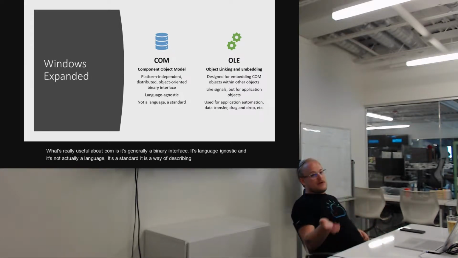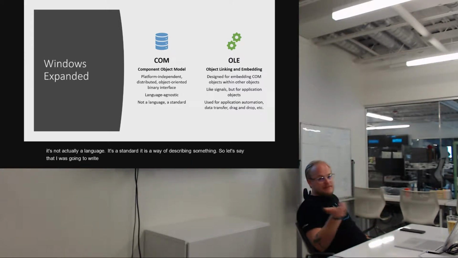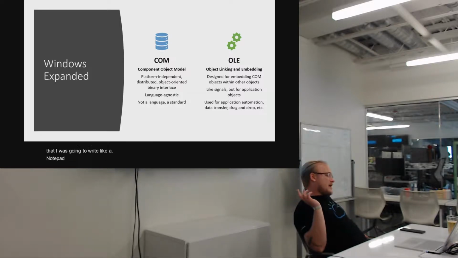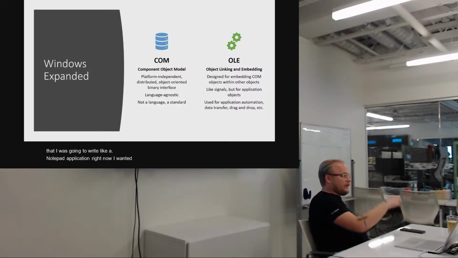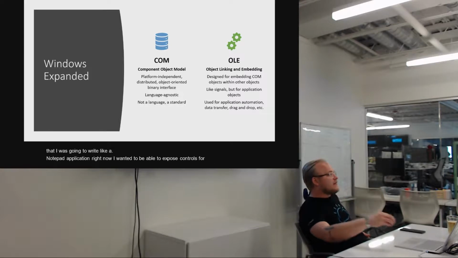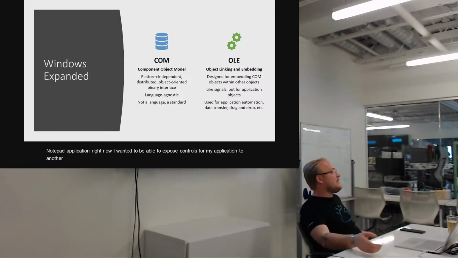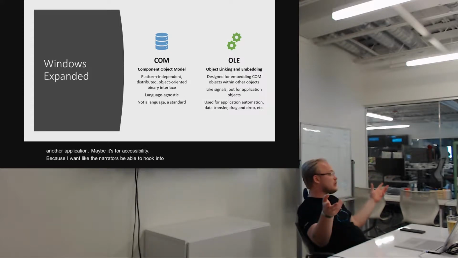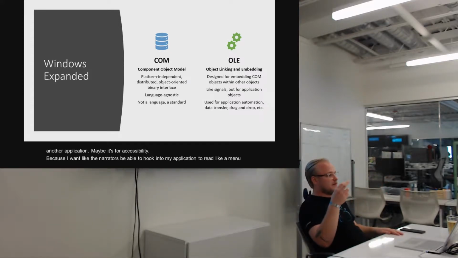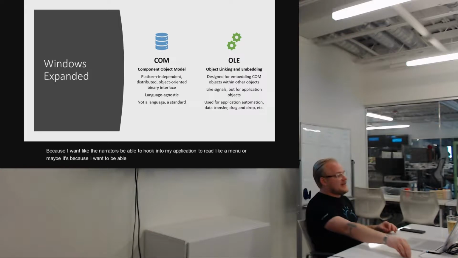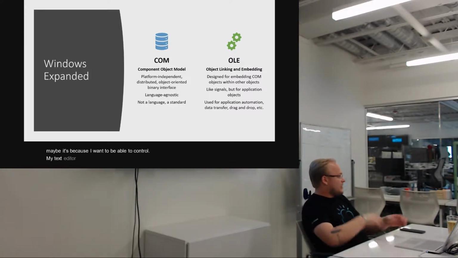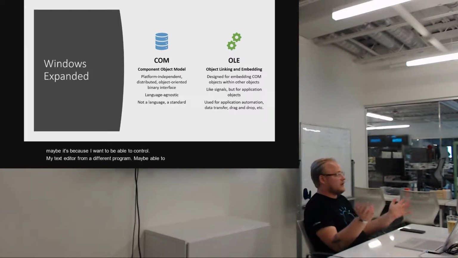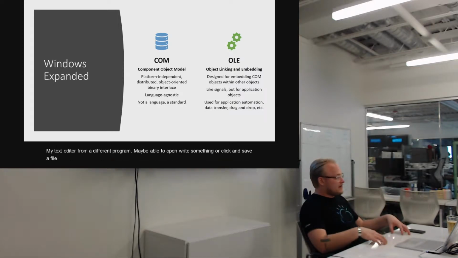So let's say that I was going to write a notepad application, right? And I wanted to be able to expose controls for my application to another application. Maybe it's for accessibility, because I want the narrator to be able to hook into my application to read a menu. Or maybe it's because I want to be able to control my text editor from a different program. Maybe I want to write something real quick and then save the file, or whatever that is, right? But full application automation,